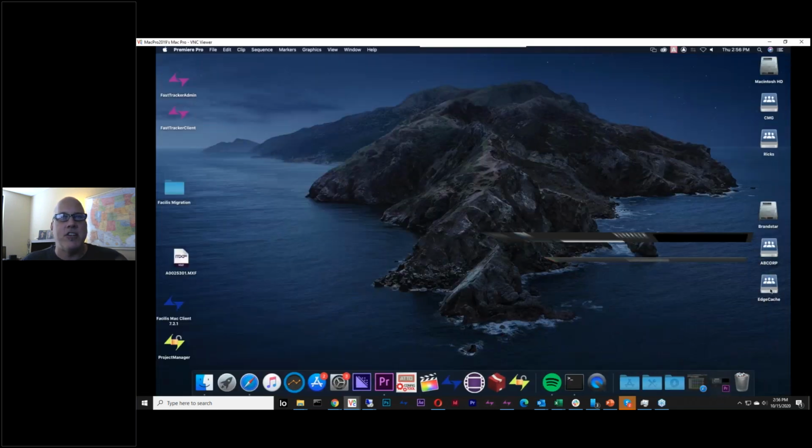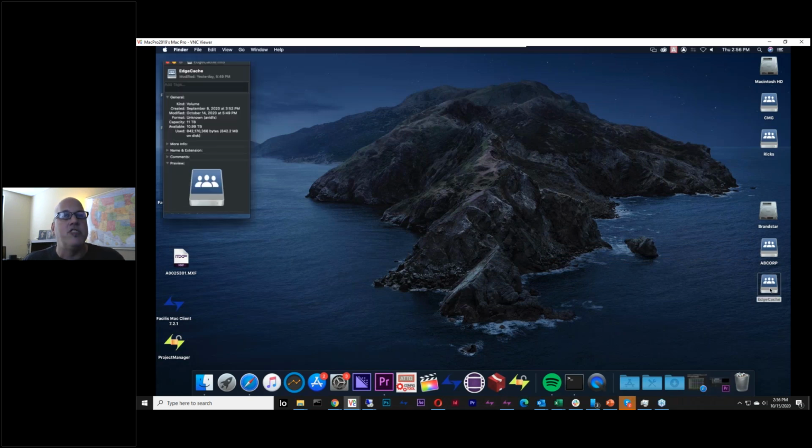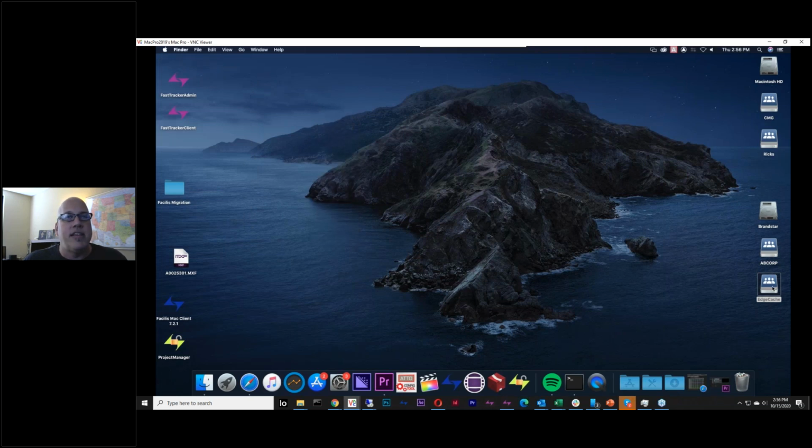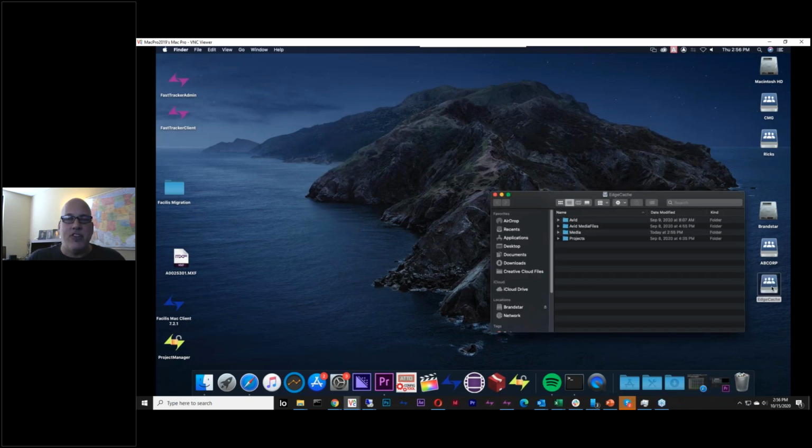So here's the Edge cache volume that was being shared out from that mini PC that only had the Edge cache volume, but it's sharing it out as a Facilis volume, because if I go here and do a get info on that, you'll see that it shows up here as an AvidFS, so it's full Avid emulation for media sharing within Avid projects. But it's an internet-based synchronized volume, and you'll see here if I go to media